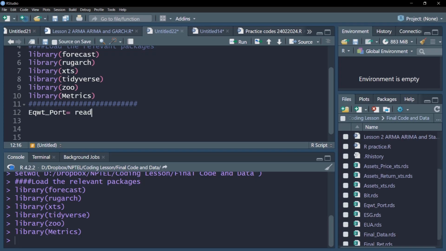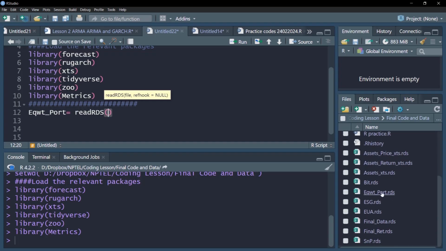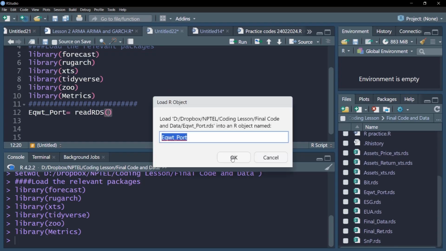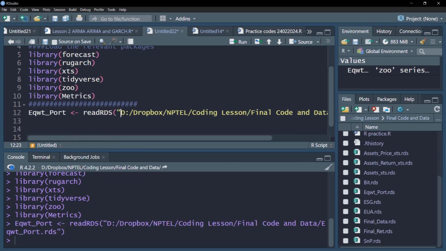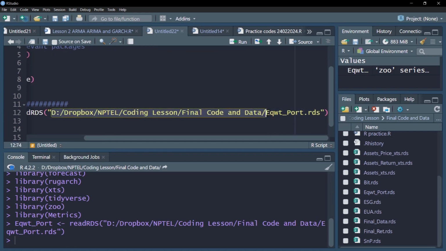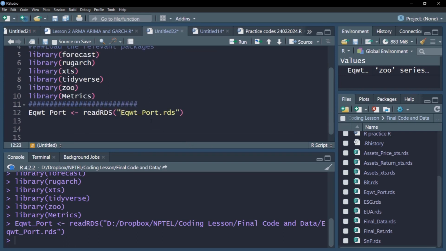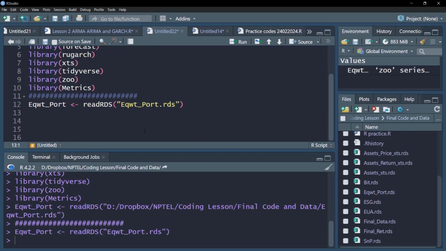Let's use this read RDS, and by the same name I have the same file, this file. So you can see here this file is there. I could have directly clicked on it, and the file would be read. That is one way to read it. I can just paste that command for future reference. For example, in future I don't want to exactly remember the name or anything, I can just press control enter and the file will be run.